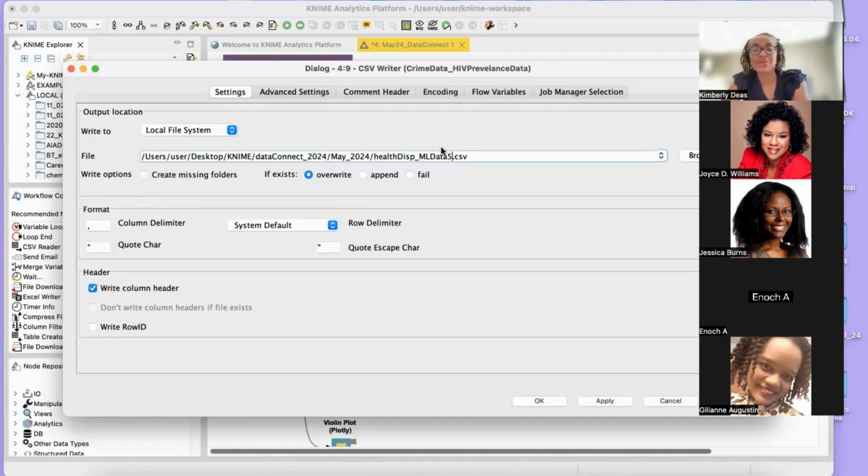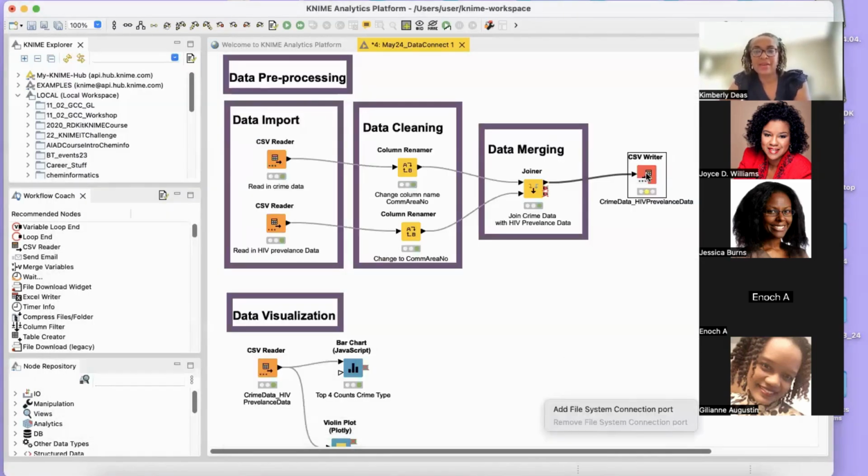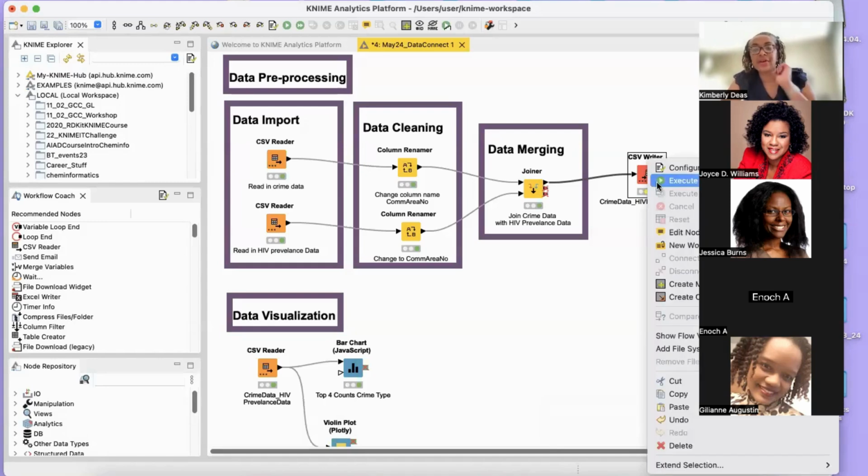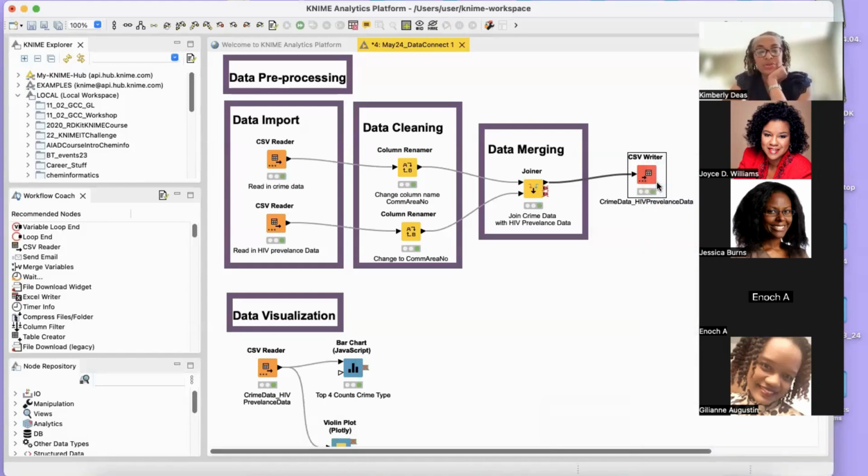I have to give it a new name, so we're going to call it data 5. We click apply, we click OK, and then we execute the node. It will create a CSV file that we can now use for our data visualization. All right, with that, are there any general questions?